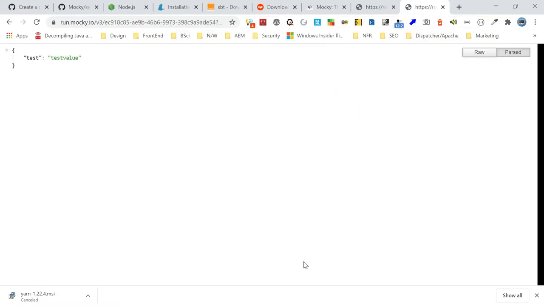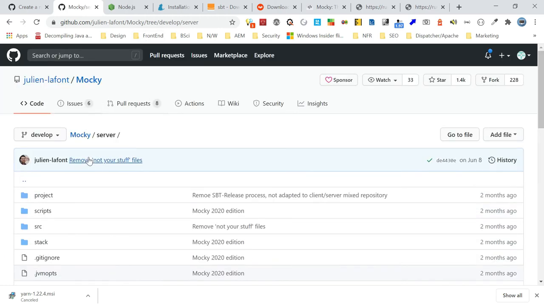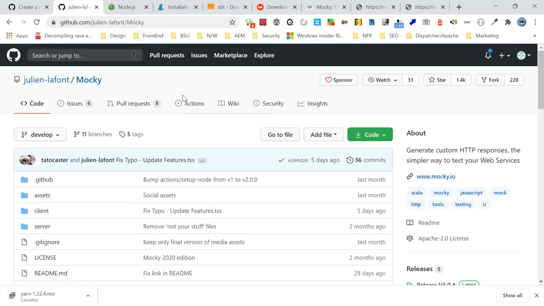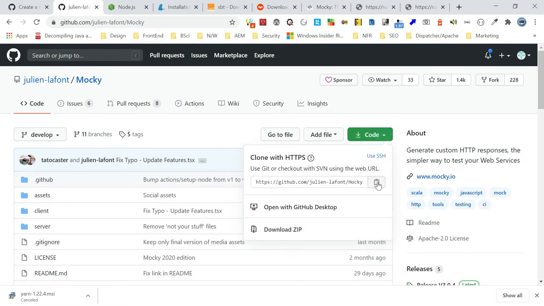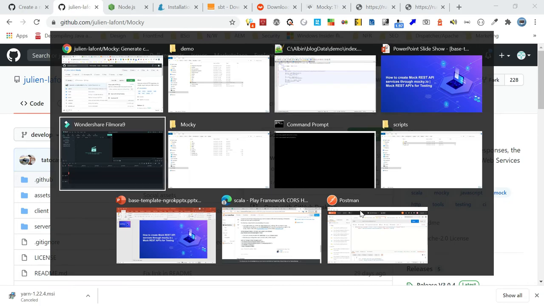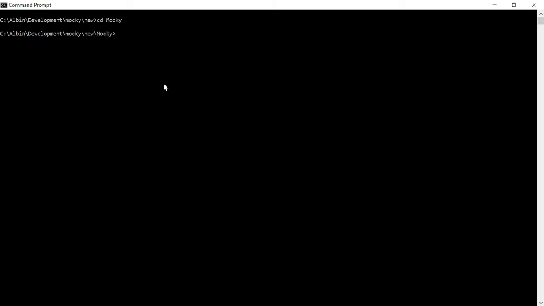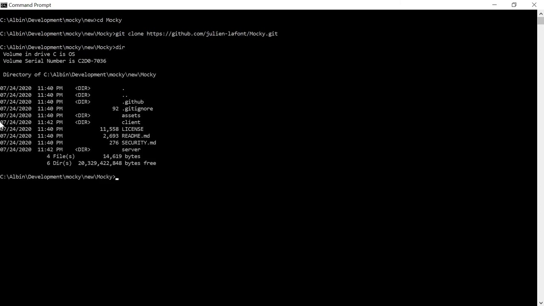Okay, now we have seen how to manage or enable these mock services online, but you can also quickly set up mocky.io on your local machine, so that if you want to customize, you can. For that, as a first step, you should clone this repository. You can copy this link. I already cloned it, but I will show you. Git clone, you can do that. So I already cloned to that particular location.